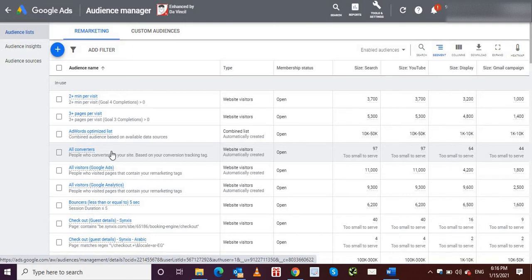The good news, however, is that in Facebook, you have to create it on your own. It's a manual process, not an automated process. In the case of Google, it's an automated process. Google does it on its own whenever you create any audience.